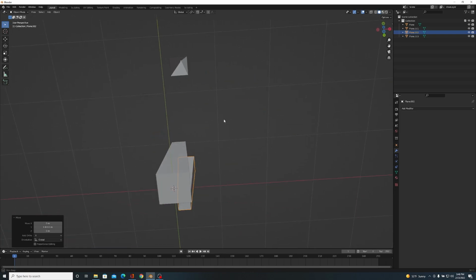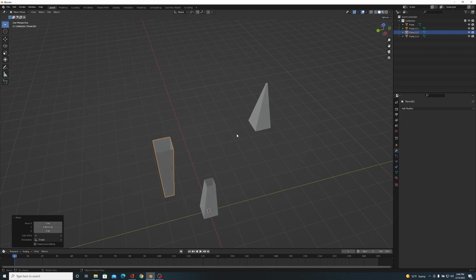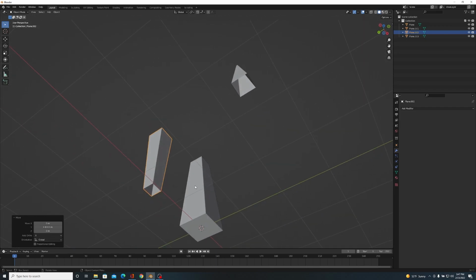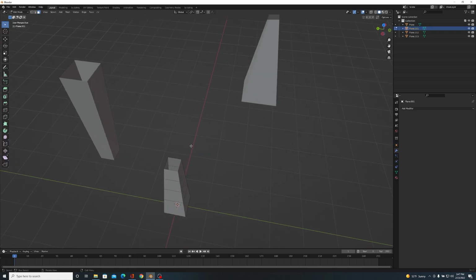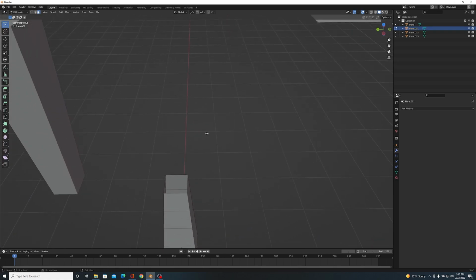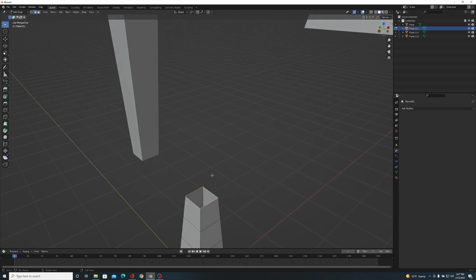Now I'm sure as you're noticing though, these pieces do not have bottoms. That's kind of a problem. So we're going to go ahead and fix that. We're going to start with the bottom piece here. So what you want to do is select this piece here, tab into edit mode, and then you want to make sure that you are in edge selection, which is this up here. You can also press 2 on your keyboard, and this will bring you into edge selection mode. And then hold Alt, and then left click on any of the top edges here.